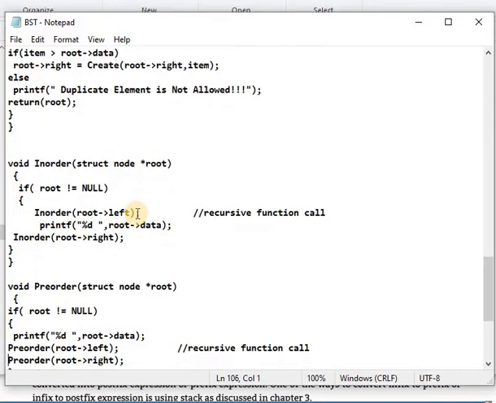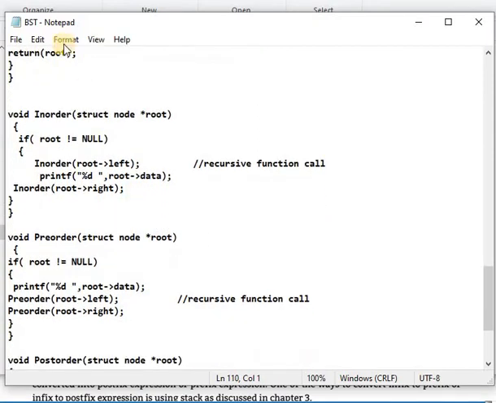After that, void inorder. In the void inorder function, what is the concept of inorder? In inorder, the data is traversed first left, after that root, after that right. So in inorder, check if root is not equal to null, then call inorder on root's left.